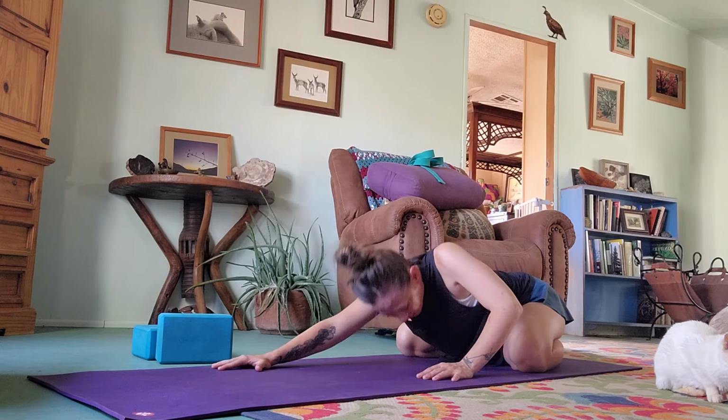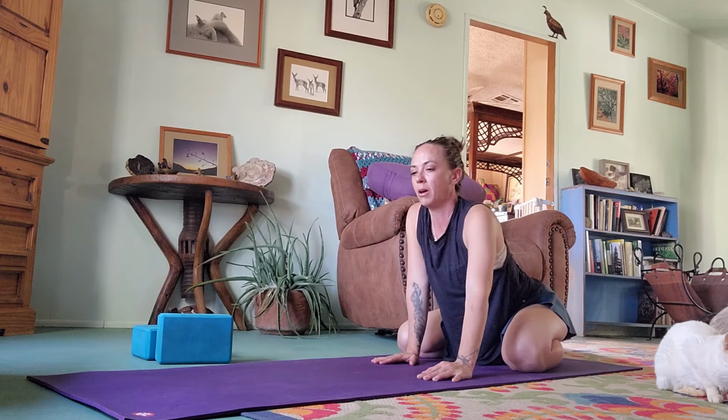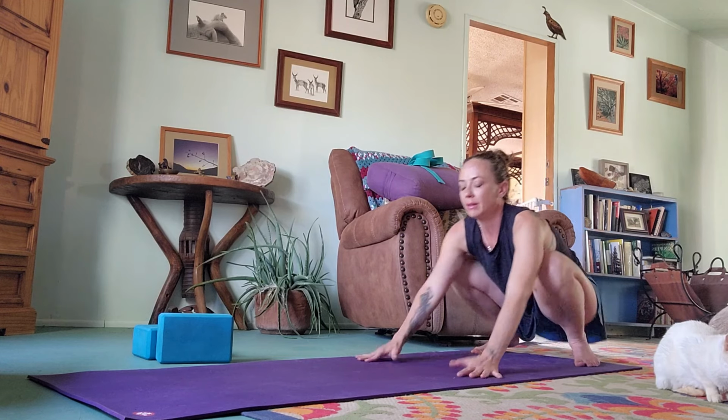And then begin to come up. Important to curl your toes under. And then lift off, back. Yogi squat here. You can come into it lots of different ways. So what I did just didn't work. Then